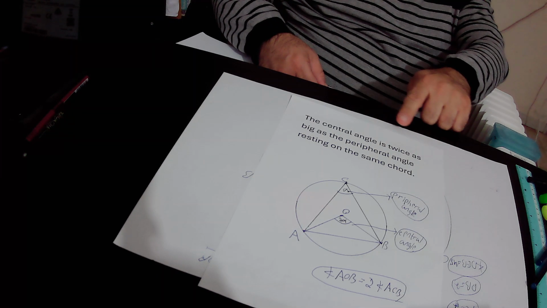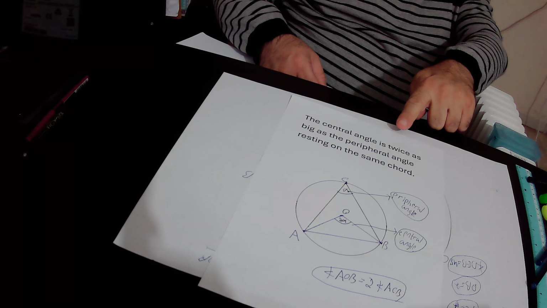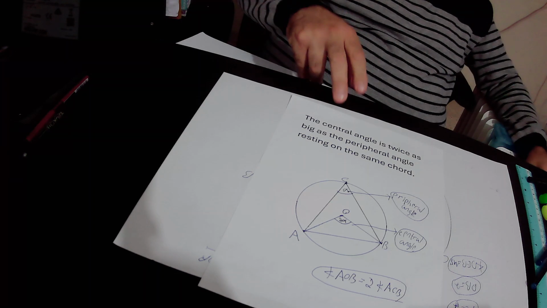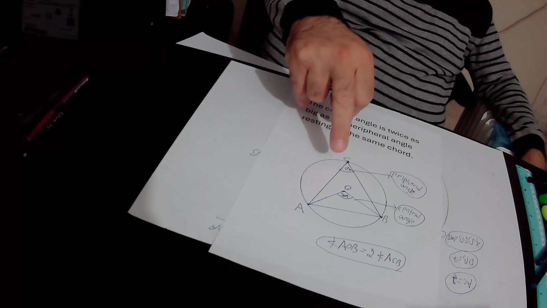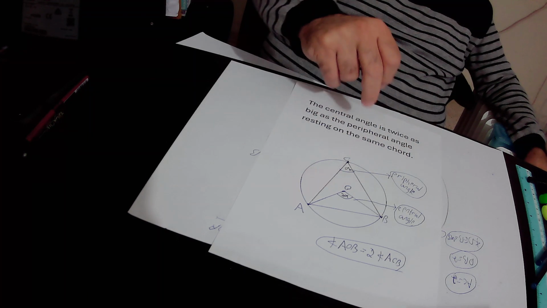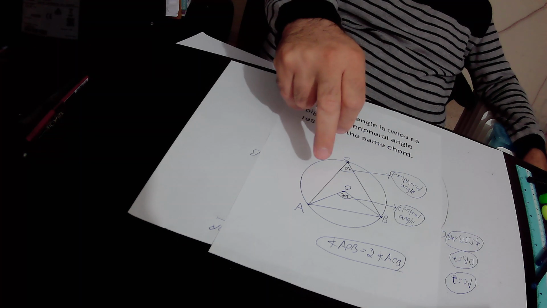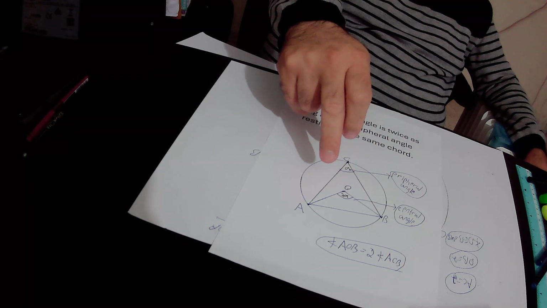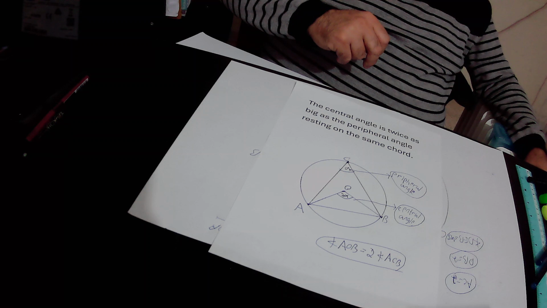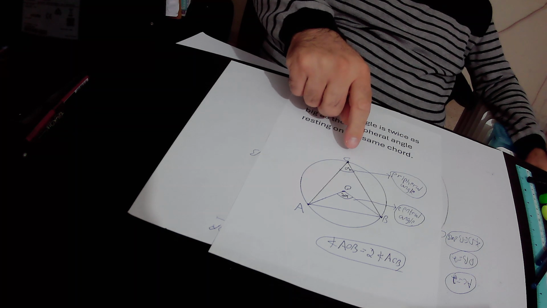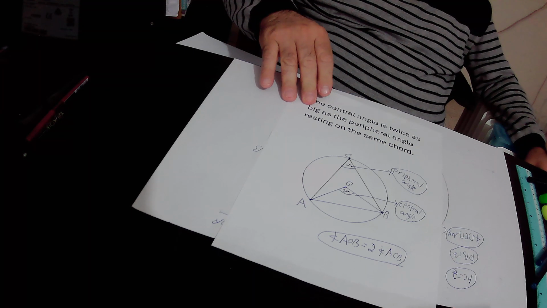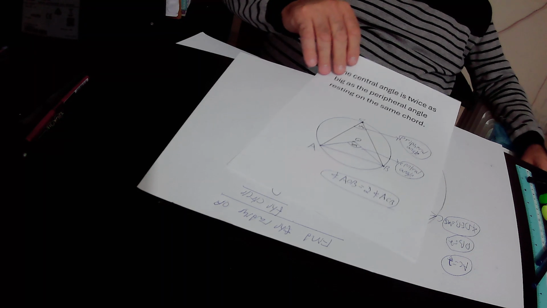The central angle is twice as big as the peripheral angle resting on the same chord. We have the peripheral angle ACB that is equal to alpha and rests on chord AB. Therefore, the central angle AOB that rests on the same chord AB must be equal to 2 alpha. Okay, twice as big as the peripheral angle alpha. That is the first rule, and the second rule